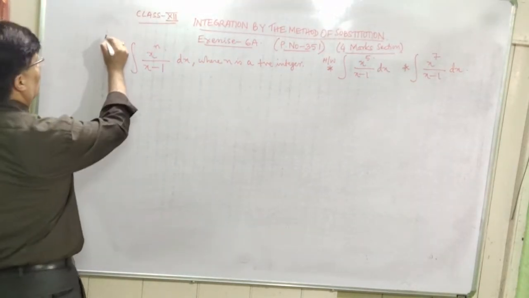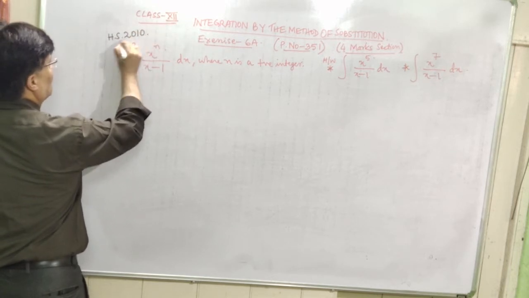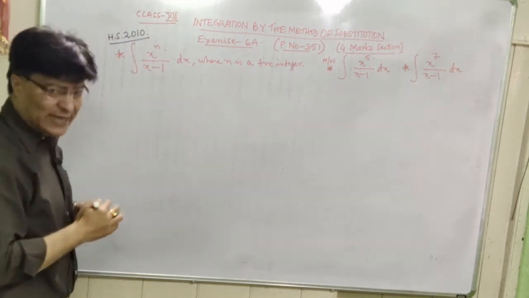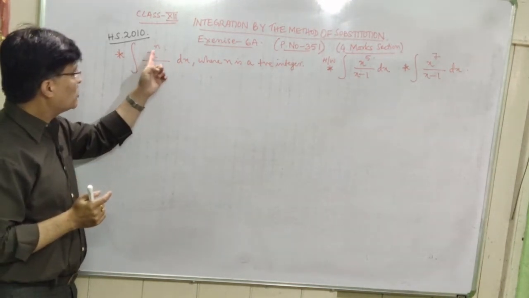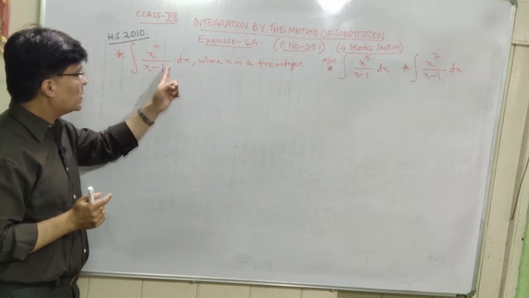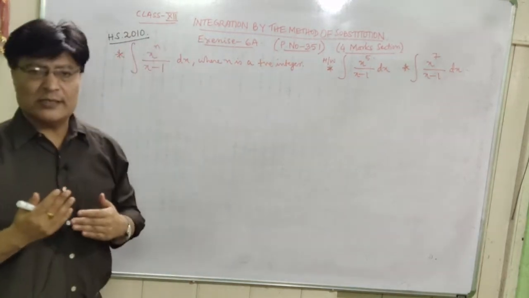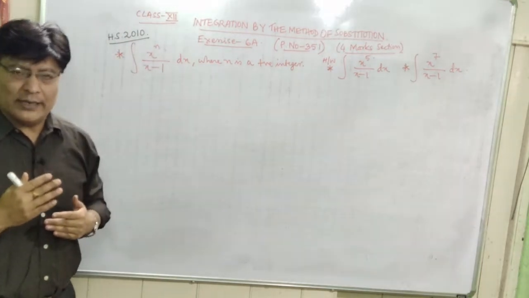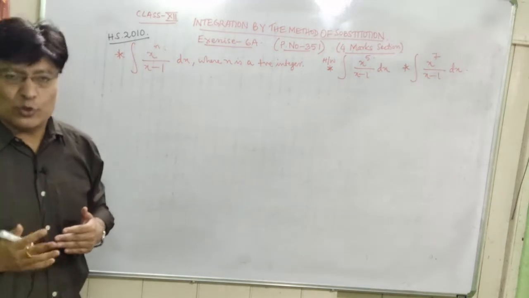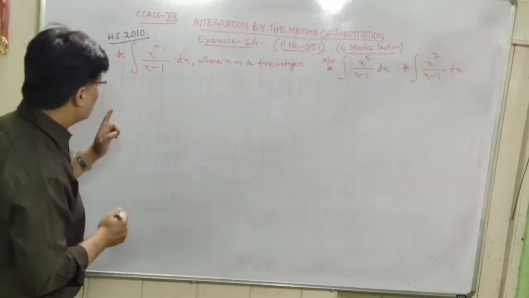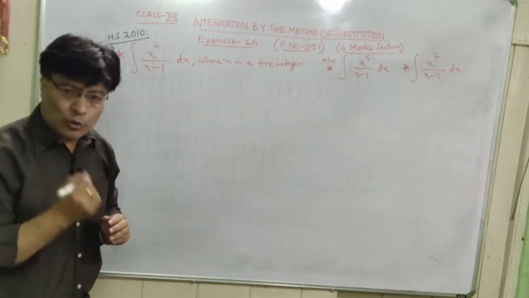And this question is from HS 2010. So what is the question out here? You have to integrate x to the power n divided by x minus 1 dx, where n is a positive integer. So it is the generalized question. So n may be 1, n may be 2, n may be 3, n may be 4, and so on. Okay. So here also, if you divide x to the power n by x minus 1, the quotient will